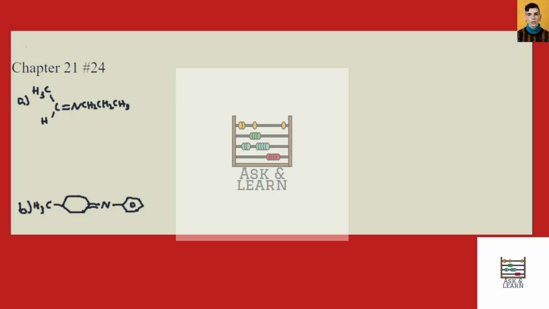This is the answer to Chapter 21, problem number 24 from the Smith Organic Chemistry textbook. This problem asks us to look at two imines and determine what primary amine and carbonyl compound are needed to prepare each imine. And so we should remember